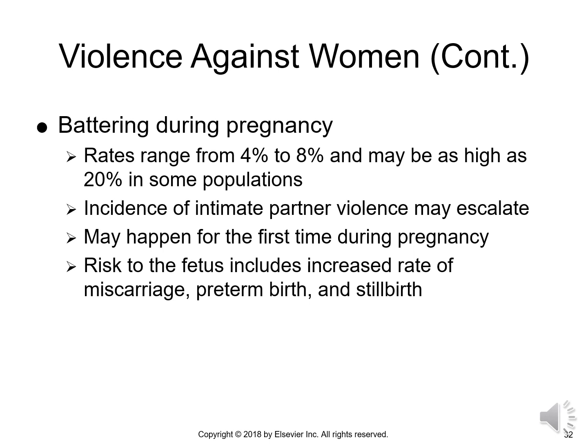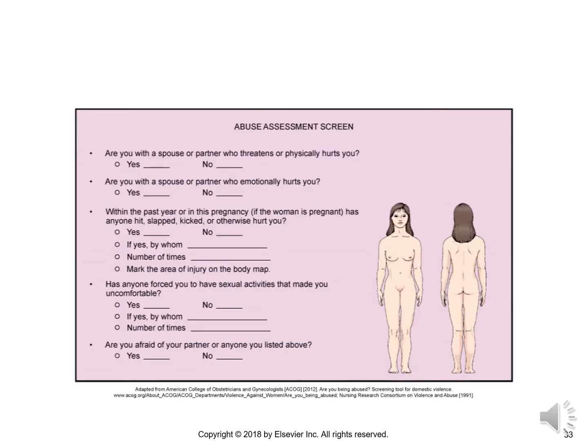Violence against women continued, battering during pregnancy. The rates range from 4 to 8% and may be as high as 20% in some populations. Incidents of intimate partner violence may escalate, like we said, during the pregnancy. It may happen for the first time when you become pregnant. Risk to the fetus includes increased rates of miscarriage, preterm birth, and stillbirth. This is your abuse assessment screening tool, and you can get a better look at that in your chapter on